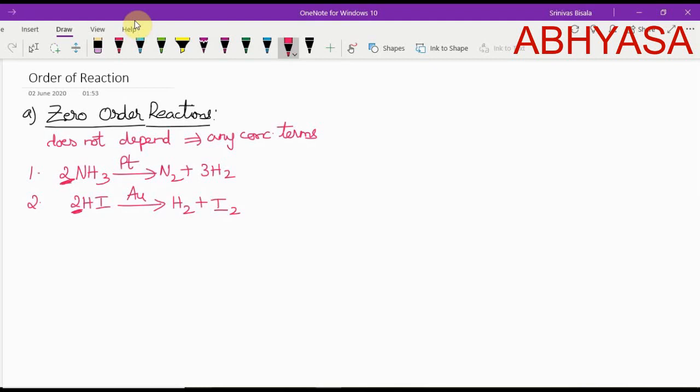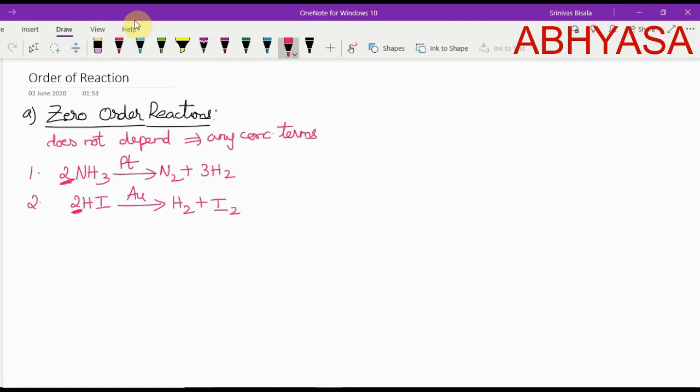So they will never give any reaction randomly and ask you to find out the order in the examination. They will give some information or experimentally supporting data. From that only you can derive or calculate the order of the reaction. So these two examples are given in the NCERT textbook. That is the reason why you need to learn these examples by heart.